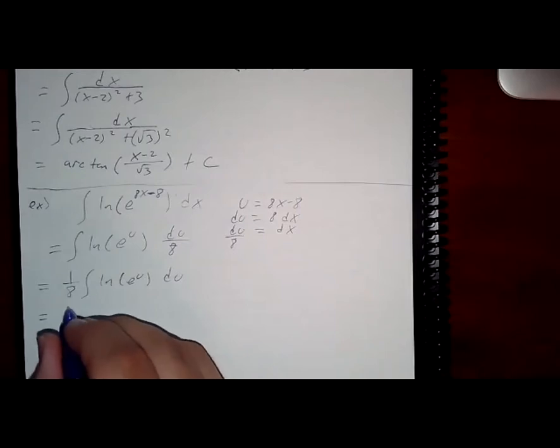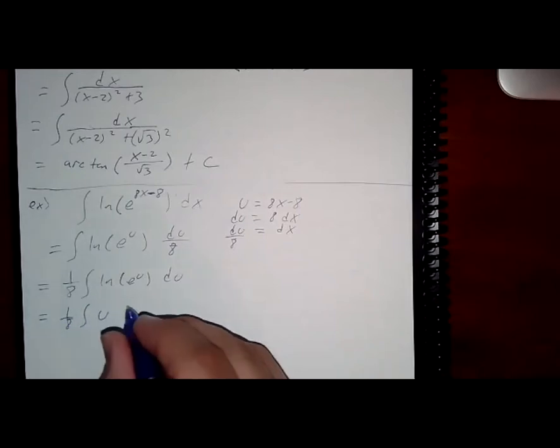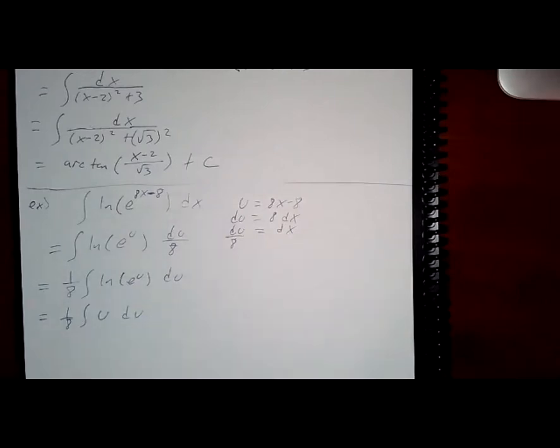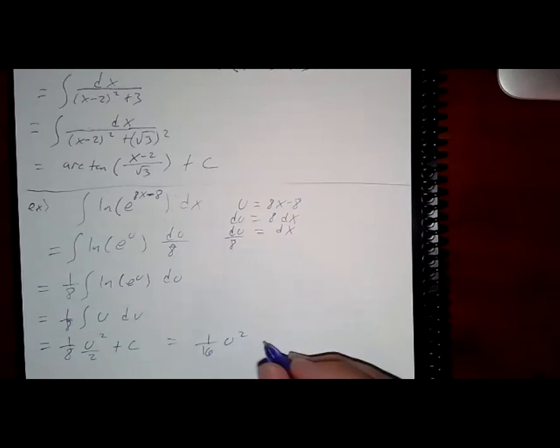You actually could have canceled before we started. So this will become 1/8 u squared over 2 plus c, which would become 1/16 u squared plus c, which is really